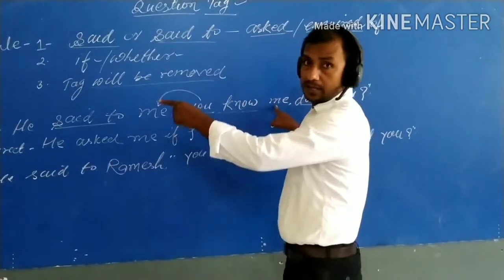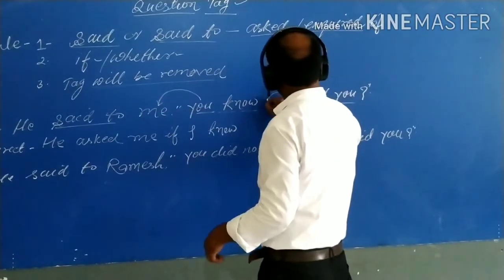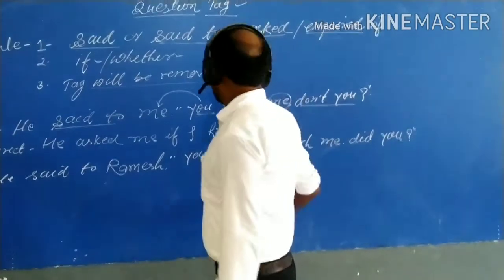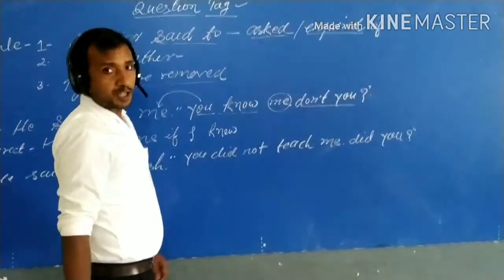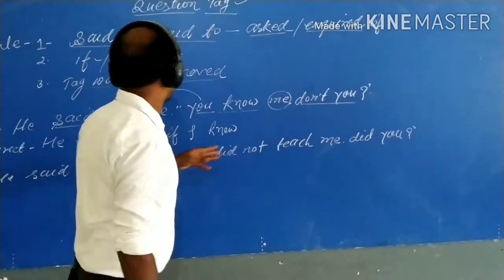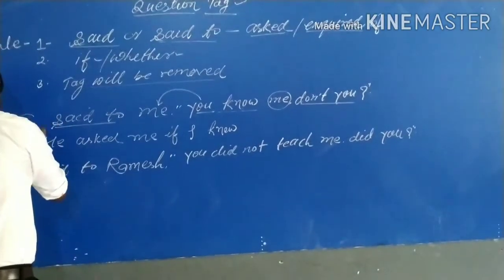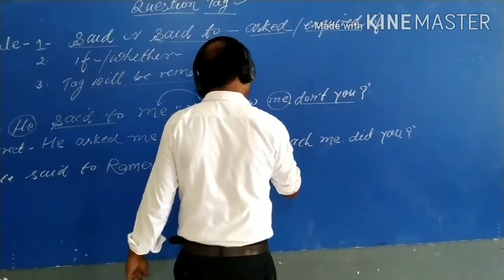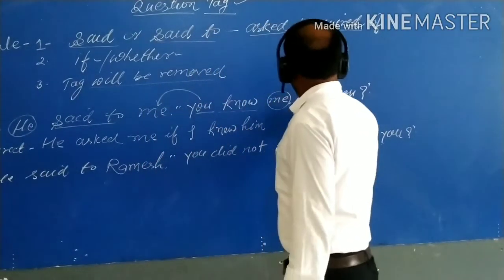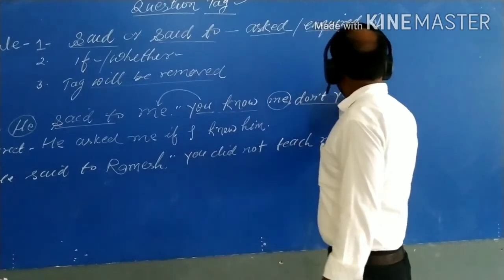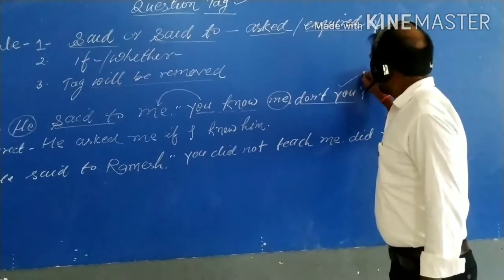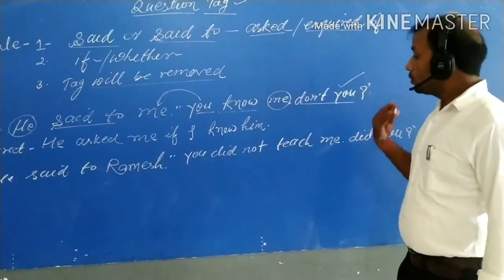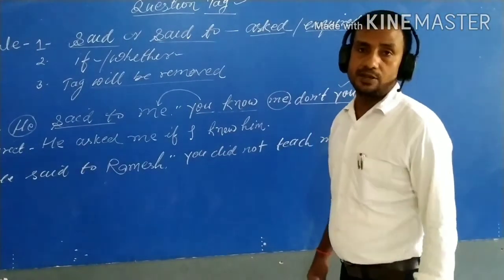Me will change accordingly, because me is the objective case of I, and I refers to the first person, and first person changes according to the subject of the reporting verb. So he will change here to him, and full stop. And the tag "don't you", that means the question tag, will be removed when you transform the given sentences into